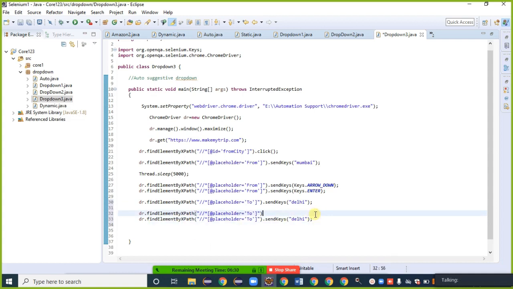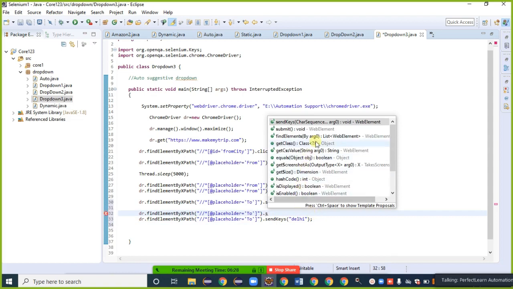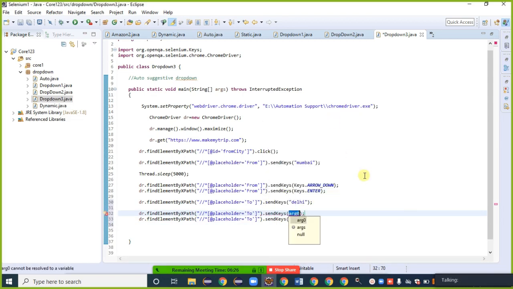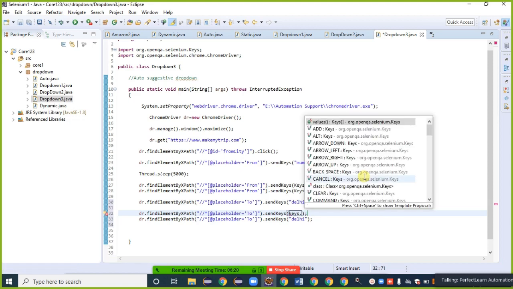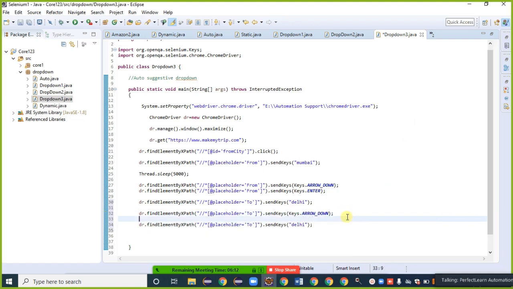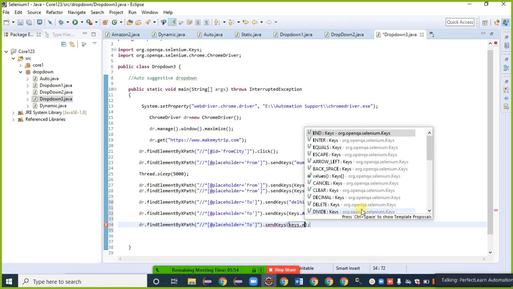Dot sendKeys, Keys dot arrow down. By using this command, the cursor comes into the suggestion list, where the first suggestion is Delhi, and then we need to press enter to select it. Dot sendKeys, Keys dot enter.